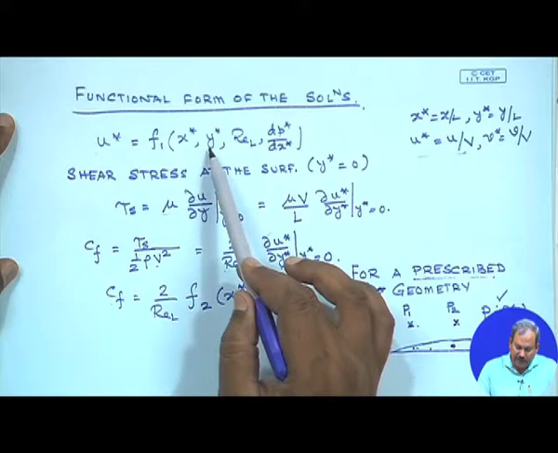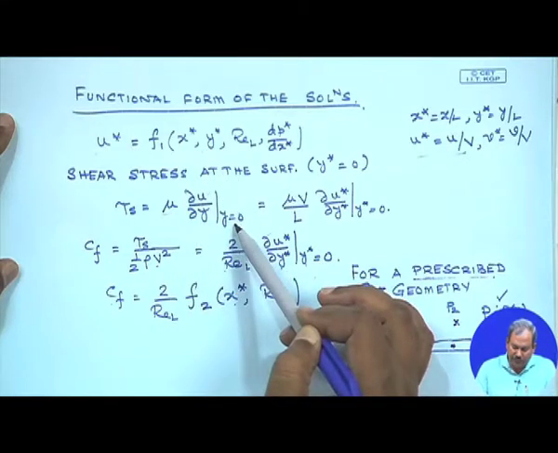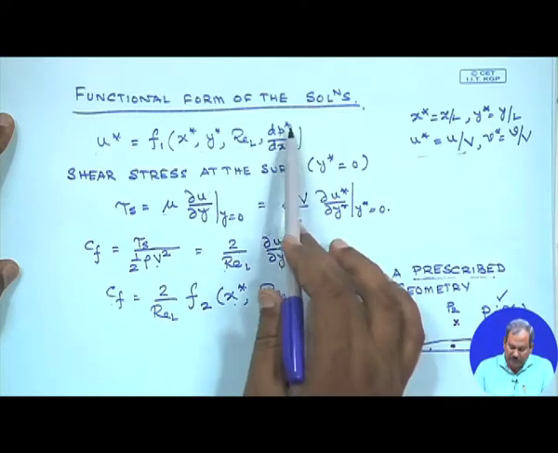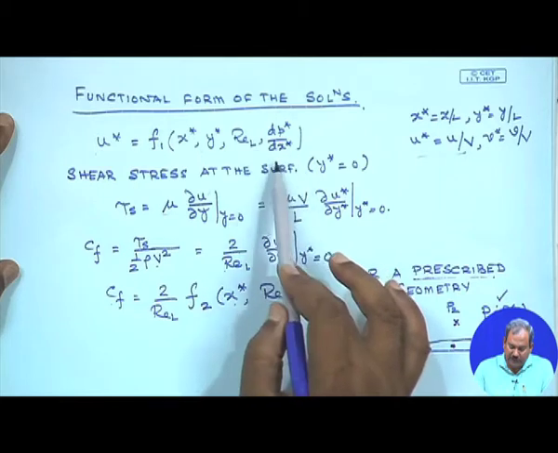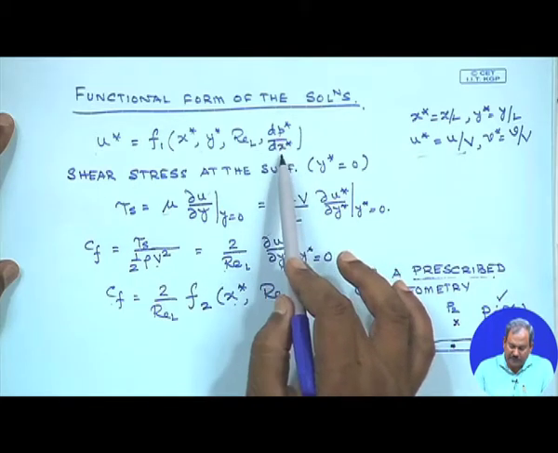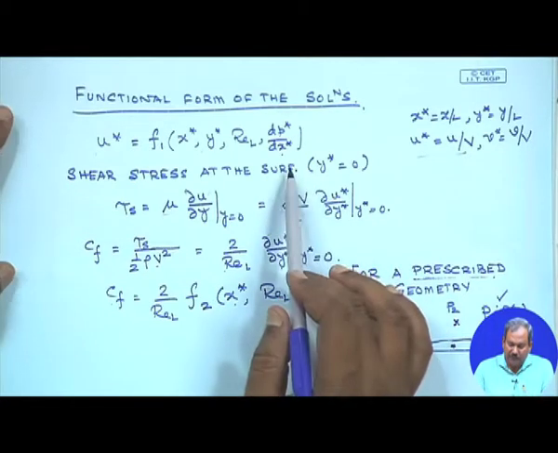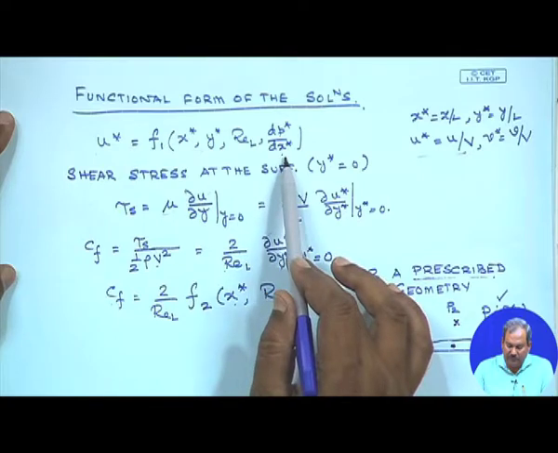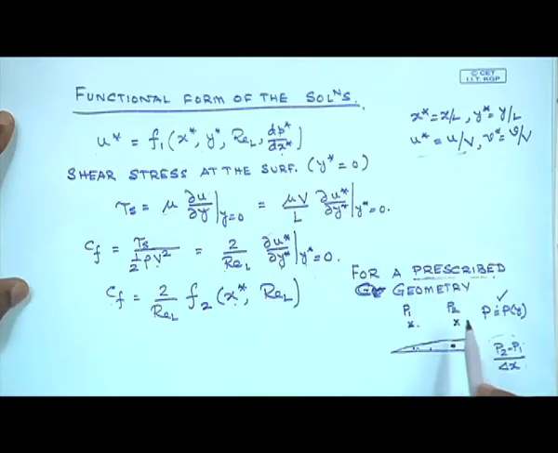It will not be a function of y star, since a specific value of y is mentioned here. It is going to be a function of Reynolds number, but if you prescribe the geometry, then dp star dx star, the pressure gradient, can be obtained through the use of, let us say, Bernoulli's equation in the inviscid flow region outside of the boundary layer,